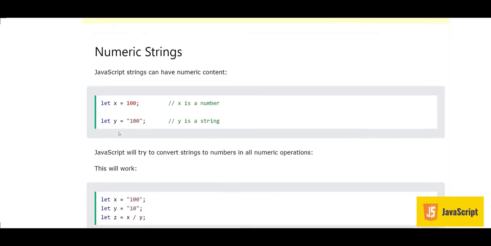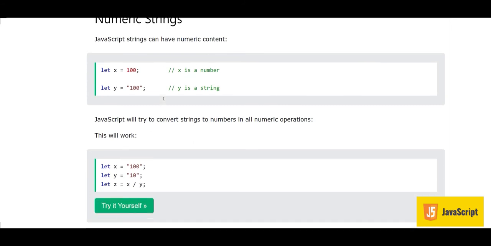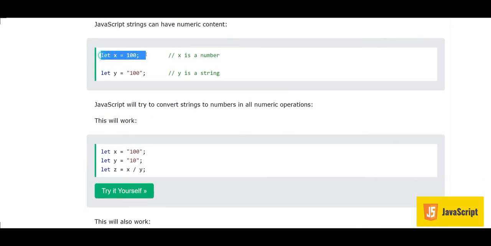Okay, students, the next concept is numeric strings. JavaScript strings can have numeric content. Like let x equal to 100, this is a number, and let y equal to 100 with double quotes around it, this is a string. So if I divide these two, x and y,